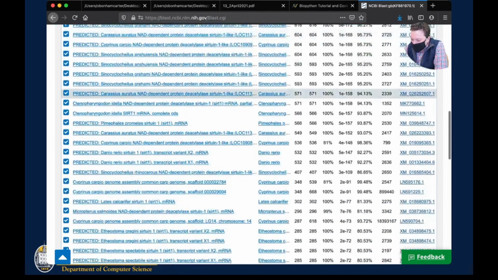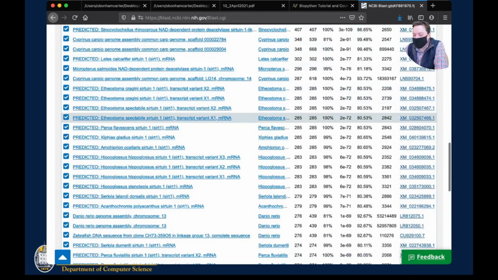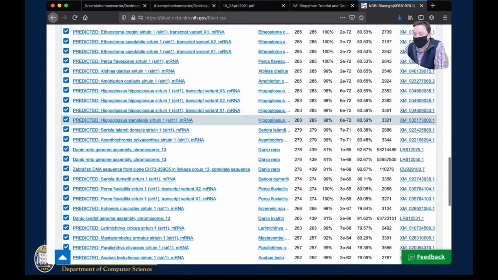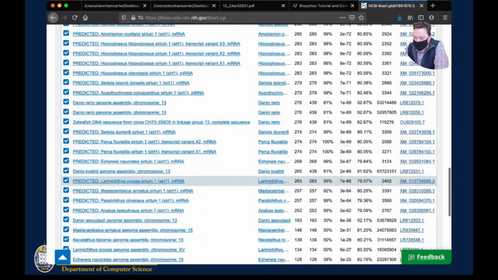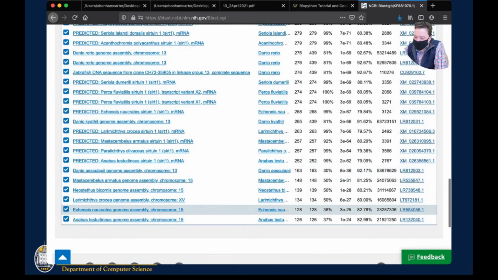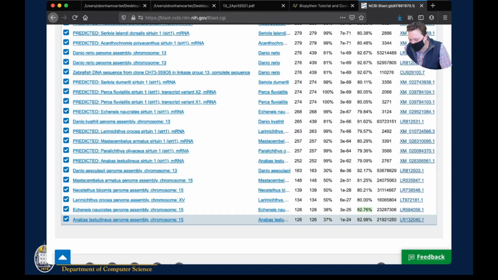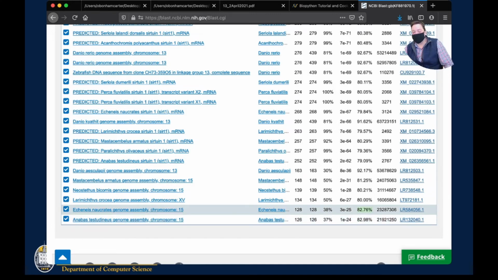And so as you move down the list, you'll see that the e-values grow bigger and the percentage identity gets smaller. For instance, you find that this is 82.76%, which is suggesting that there are chunks of code that are different. Let me just go ahead and click on this. If I go back over here, I think I can just go ahead and do this. I can click on the name,